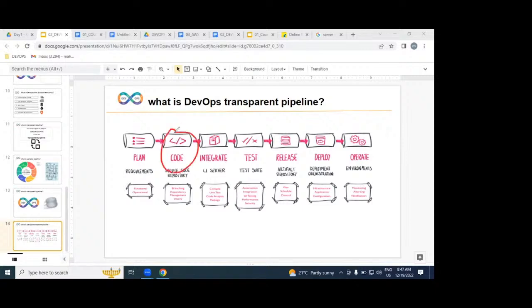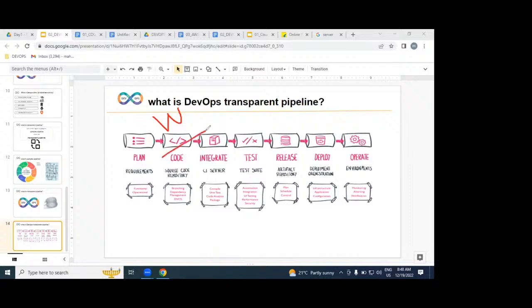In the dev environment, we are not writing any code. The writing is the responsibility of whom? Developers. After writing by the developer, who maintains that code?